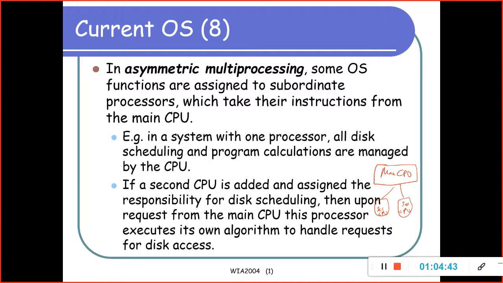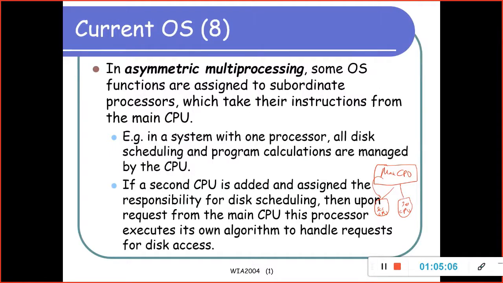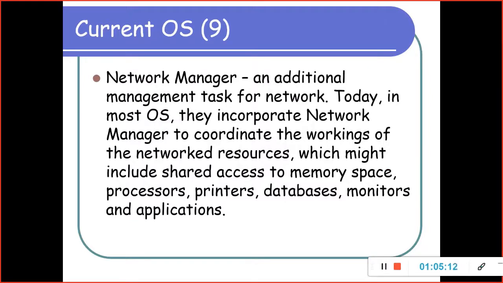So if a second CPU is added and assigned to this scheduling, then the main CPU can request the secondary CPU to execute its own algorithm to handle requests for this access. This is asymmetric multiprocessing. For symmetric multiprocessing, each CPU is independent of the other. Asymmetric, you have a main CPU and you have a secondary or third CPU. And of course, you have a network manager, which handles printer sharing, file sharing, folder sharing, everything. You want to share photos, files, whatever. Okay, database